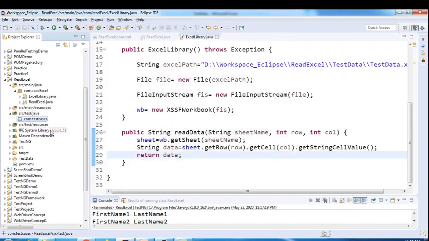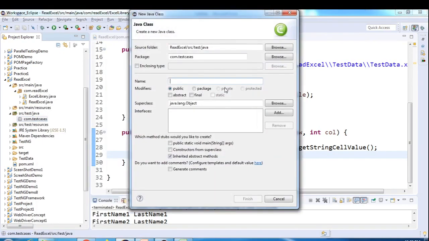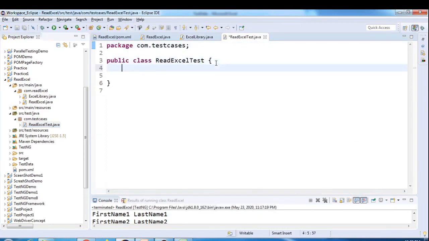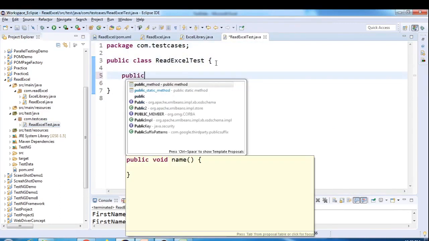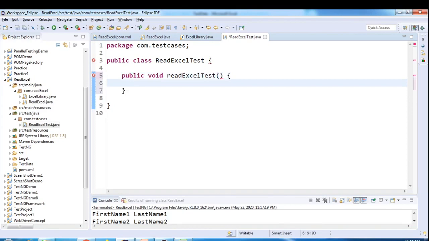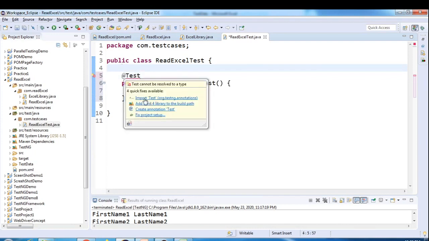So click on finish, and what I'll do, I'll create one test case, let's say read Excel test, and here I'll write public void read Excel test method, and I'll give annotation @Test. We have to import Test from